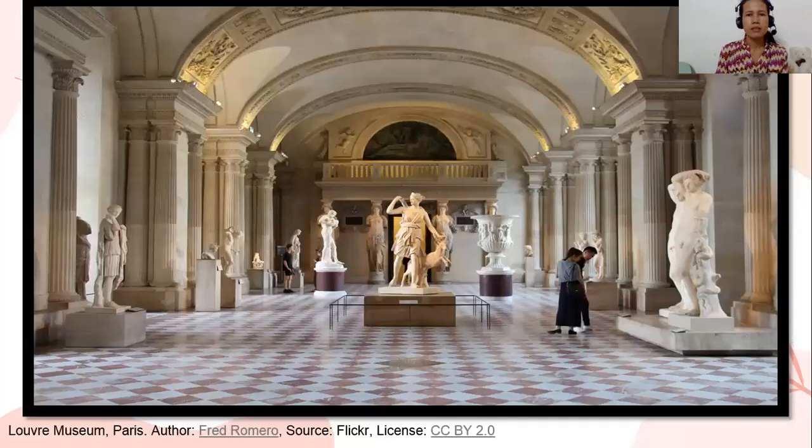Okay, next. So where do you usually see artwork? So we usually see artwork at the museum, sculptures, okay, mga examples of art usually sa museum, doon natin sila matatagpuan lalo na sa panahon ngayon kasi kino-collect yan ng mga bawat state or ng bawat bansa, and then they are becoming, especially yung mga historical, a nation's treasure and they are usually placed at the museum. So this museum is the Louvre Museum, yung binabanggit ko kanina kung saan matatagpuan ang Mona Lisa, and that is the largest or the biggest museum in the world.